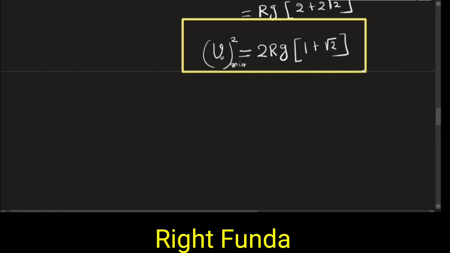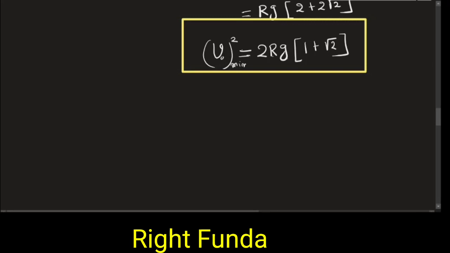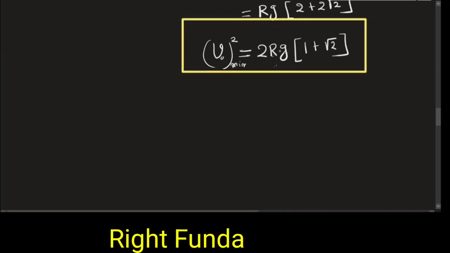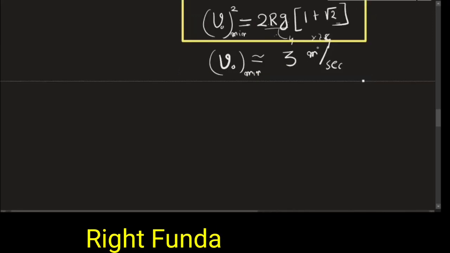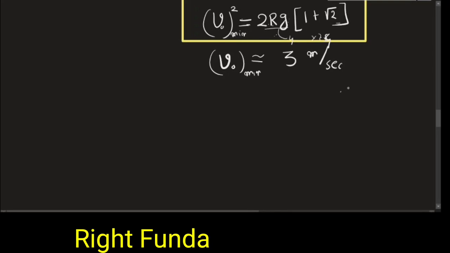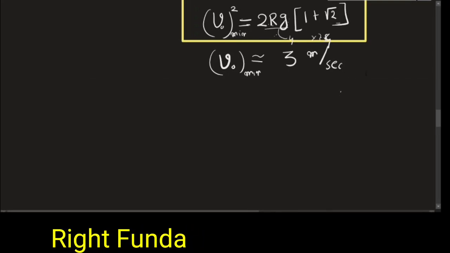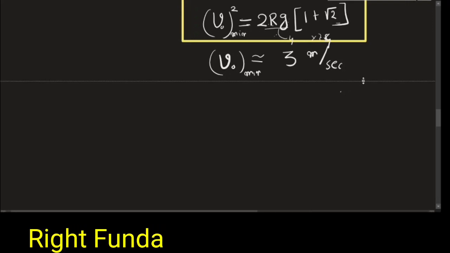So if you see this, put this value: R is given as 20 centimeter. Suppose I take g equal to 10 meter per second square, and this is equal to 1 by 5, and 10 equal to 2, and 2 to 4. So this whole term will become 4. Then I will get V minimum roughly equal to around 3 meter per second. The velocity should be around this.